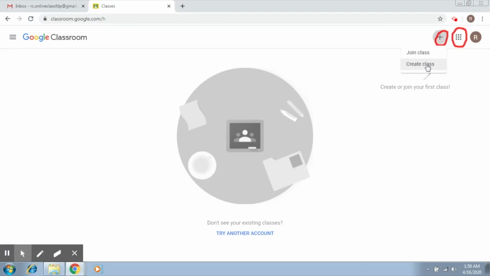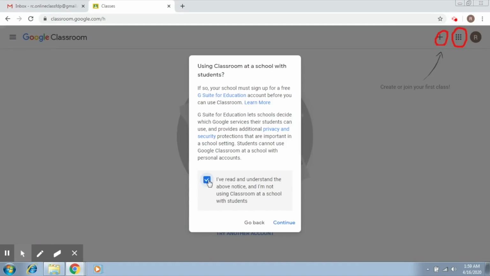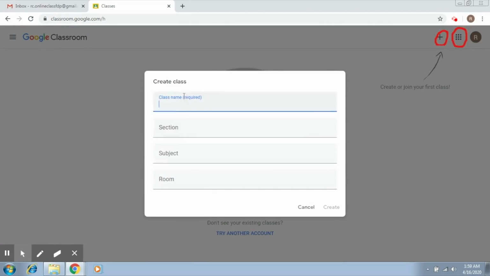This is the first step that you have to take to set up your classroom. So I click on create class and I agree with the terms and I say continue. Now there are some set of questions or fields that it asks you. The first is the name of the class. So you can specify the name of the class corresponding to your choice. I'm going to specify, let's say BSc Honors Computer Science. I say section, let's say second year, and let's say machine learning.